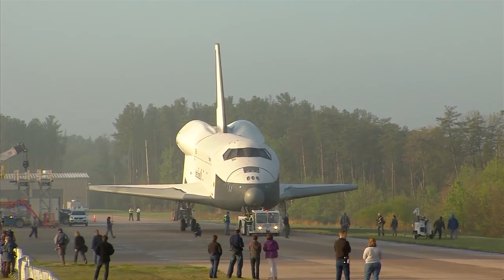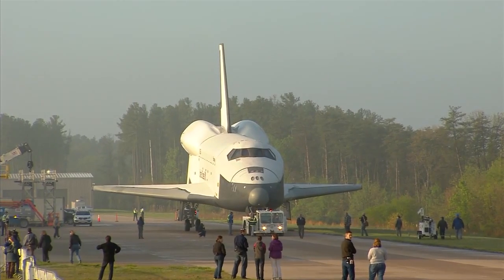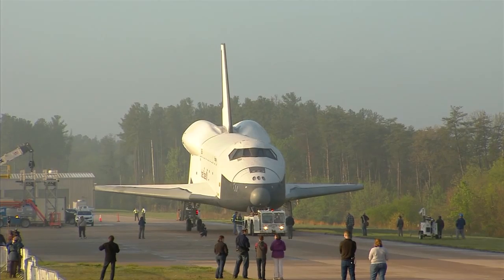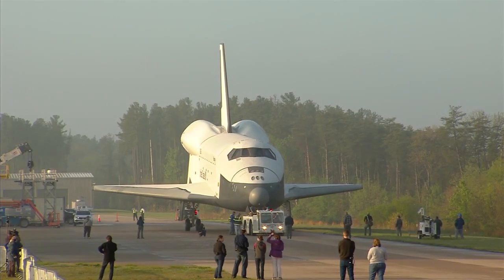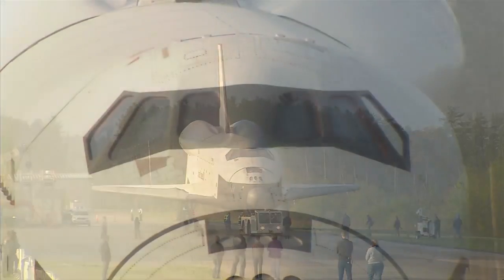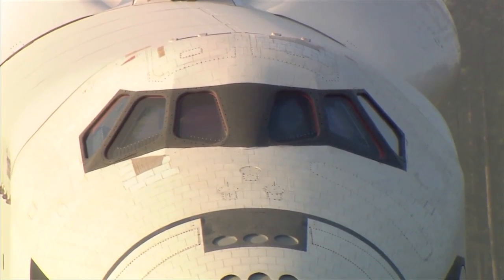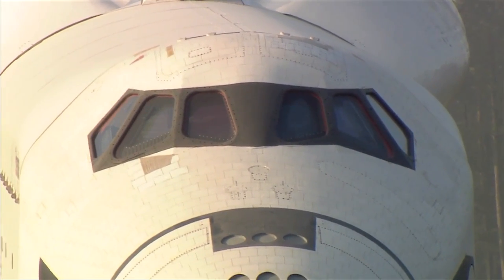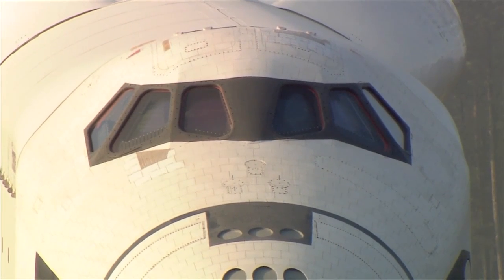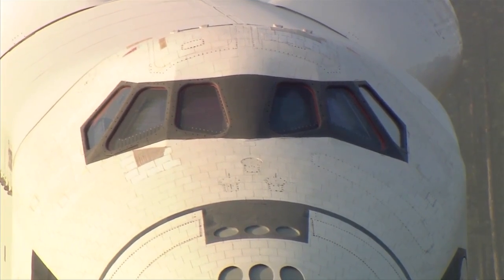with a host of VIPs and throngs of attendees. The event is open to the public, and once again will be carried live on NASA Television. Looking at the windows close up on Space Shuttle Enterprise,